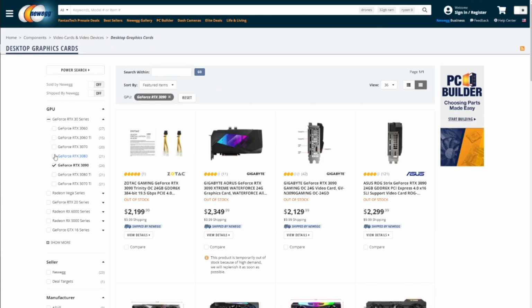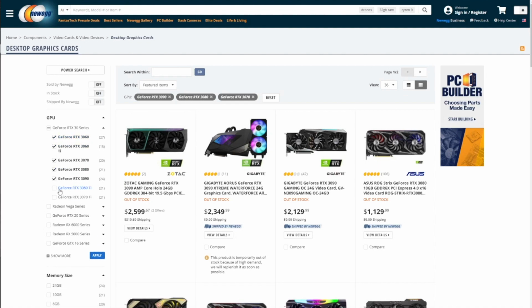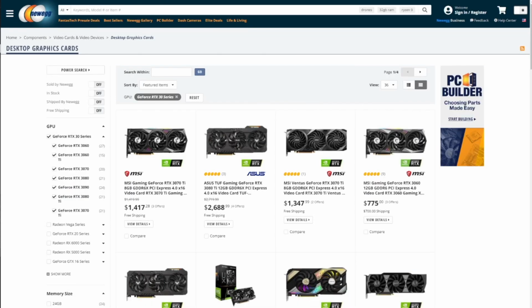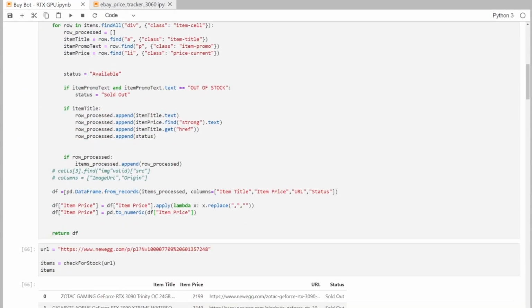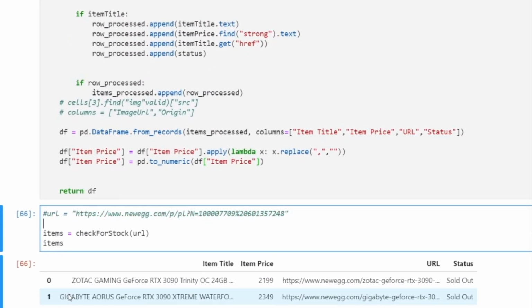I want all the 3090s, 3080s, 3070s and 3060s, and hopefully all of them, to be honest. Let's see if there's anything in stock. There should be. So this URL instead will have more things in stock, so we'll be able to see.